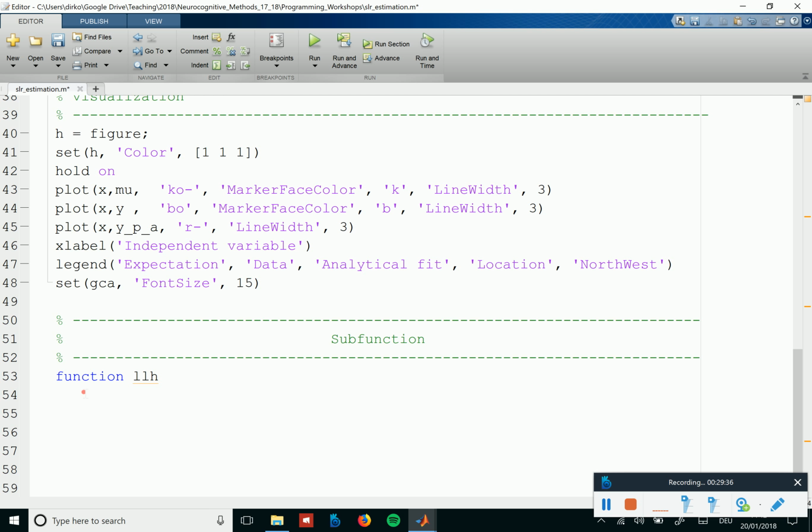Let's call the output L, and let's call the function log likelihood. Maybe let's call it more specifically the simple linear regression log likelihood, so that it's more specific what's going on. The output is LLH, so that's a number, and as inputs, you have to be a little bit